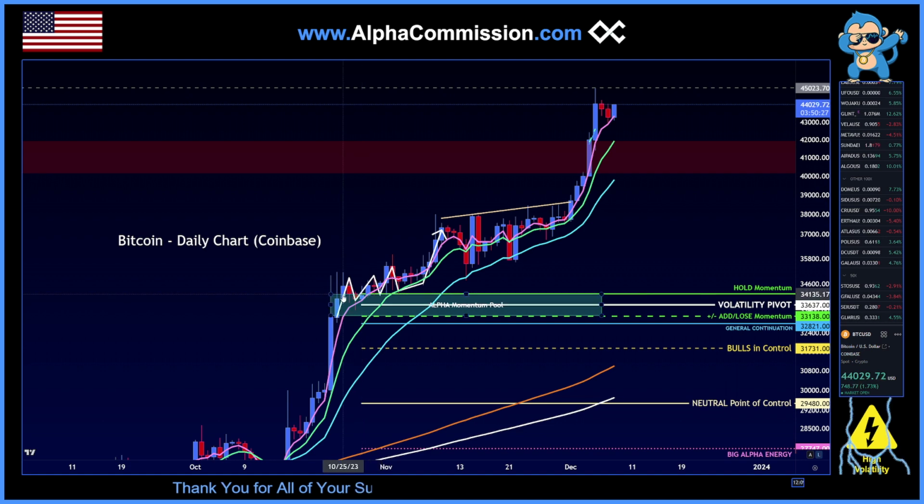But this pool would have told you we didn't have a breakdown. We didn't lose momentum. We didn't lose the MACD traders. We didn't lose the bullish control zone. This was our buffer zone, our kind of emergency buffer zone. This was our fog of war. We're just not 100% clear. And then reclaiming this is where we showed our strength. And so above the pivot, above the pool, we can consider that a longing opportunity when we have a shift